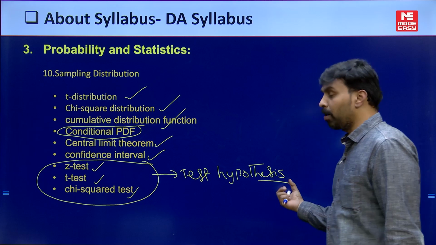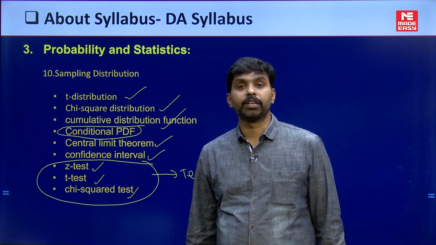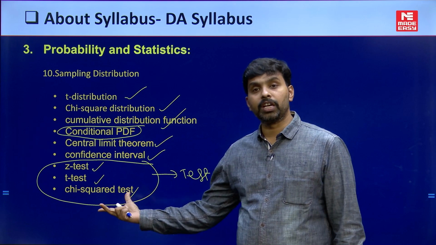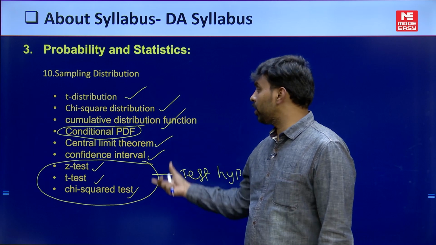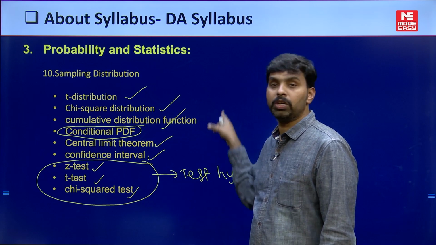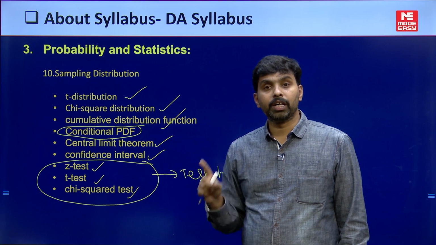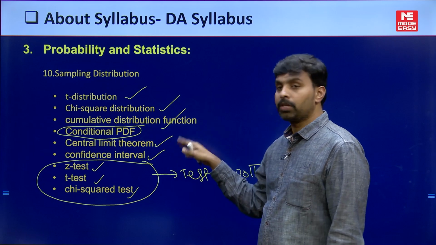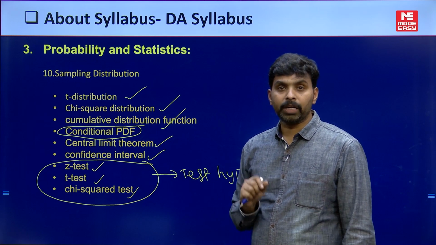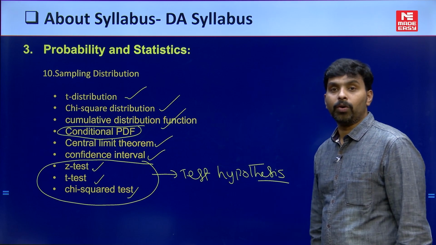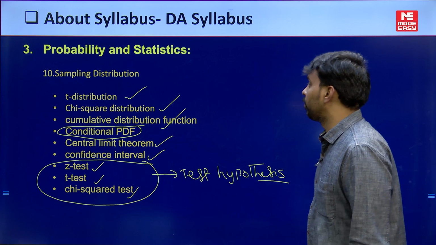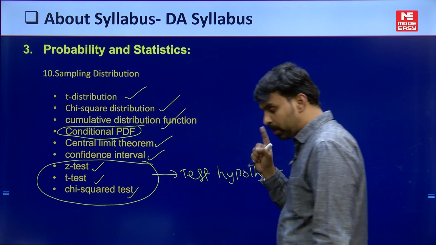So that means it is completely statistics related. Now this is very important, and questions from this will come in the DA paper. These topics are not done in other engineering mathematics, so this is there only for the DA paper. Okay, right. So this is about the topics, my dear students.